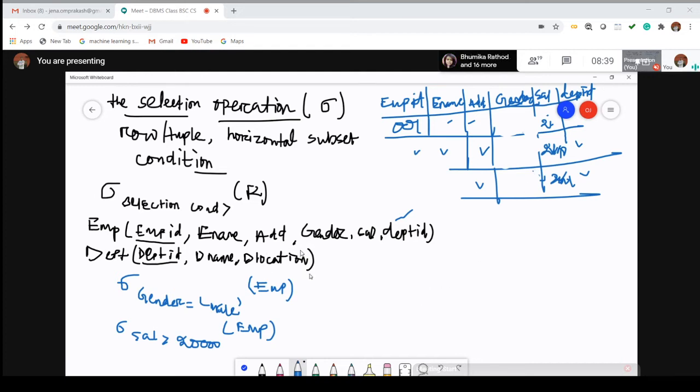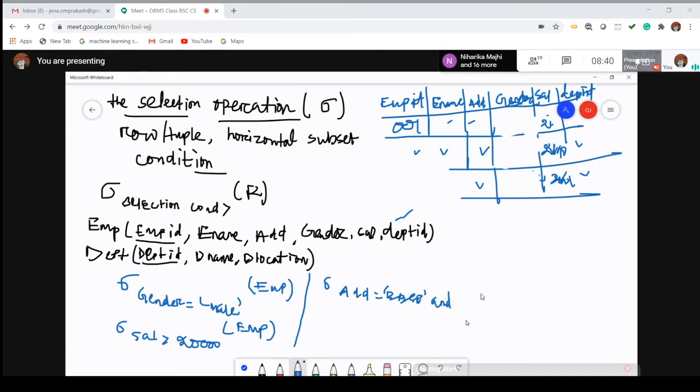Okay, suppose my question has multiple conditions just like this. The address must be equal to Bhubaneswar and their salary greater than 20,000. How to write? Select address equal to Bhubaneswar, and there is another condition, you can write and here.